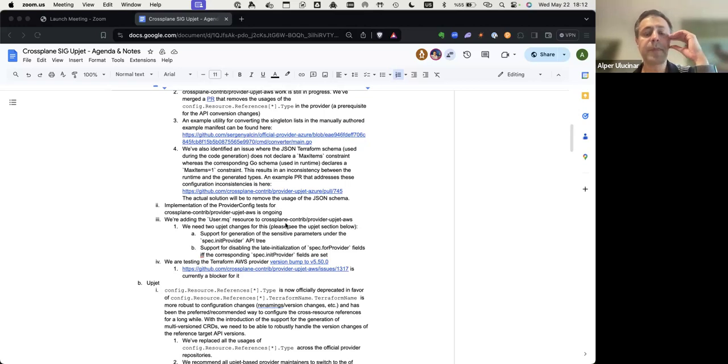you can see the steps you need to take to resolve it. So the second item is regarding our ongoing task of implementing provider config tests for the official AWS provider. For those who do not have the context, we are implementing a bunch of end-to-end tests to validate the provider configs across the official providers. This work stream is not specific to the AWS provider, but we started with the AWS provider. And we shared some updates regarding this in the previous meeting.